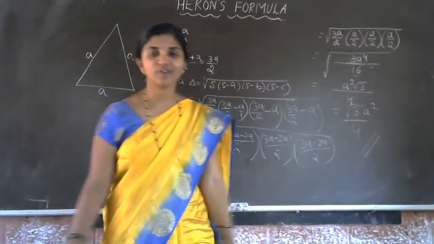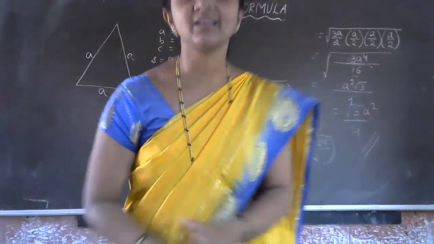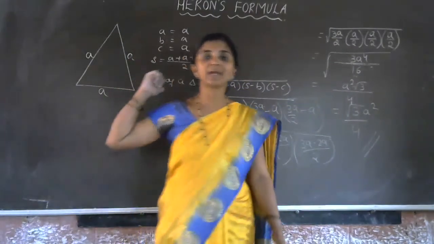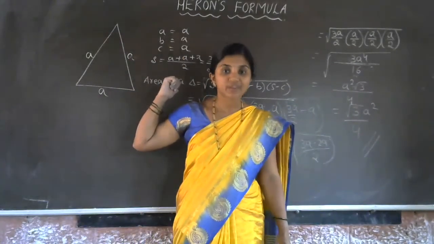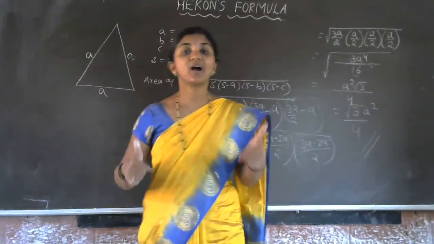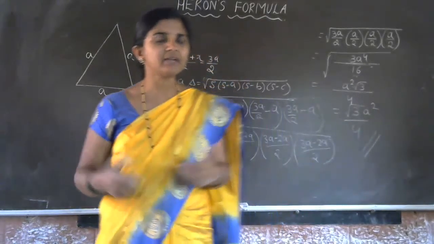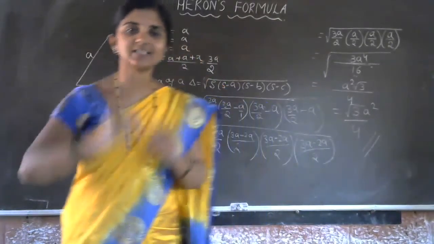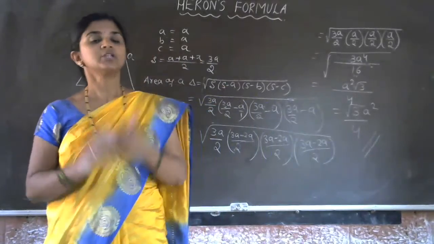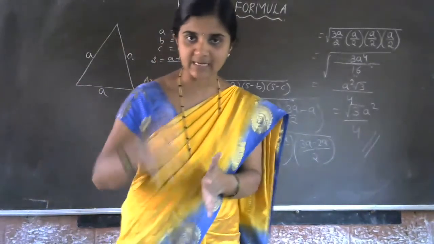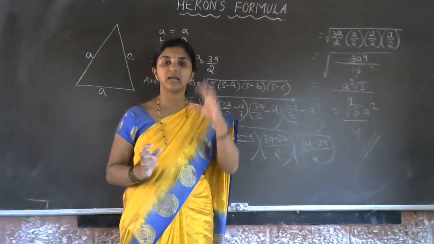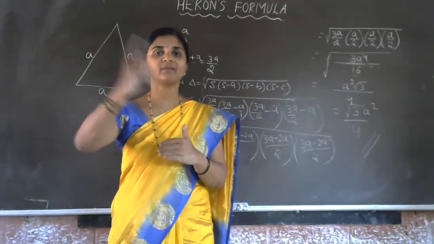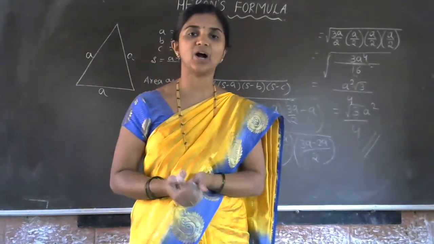Did you get the idea of this concept now, students? Yes. Now I think you have got a clear picture of the Heron's formula concept. You can apply Heron's formula for the area of a triangle, and you can apply it for the area of a quadrilateral also. How can we do that? If we draw one diagonal like this, it divides the quadrilateral into two triangles. For one triangle we apply Heron's formula once, and for the other triangle we apply Heron's formula one more time. Then we add both areas, and you will get the area of the quadrilateral.